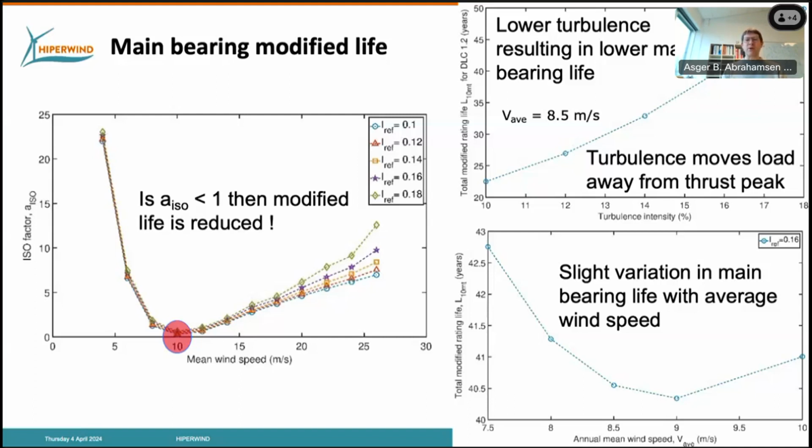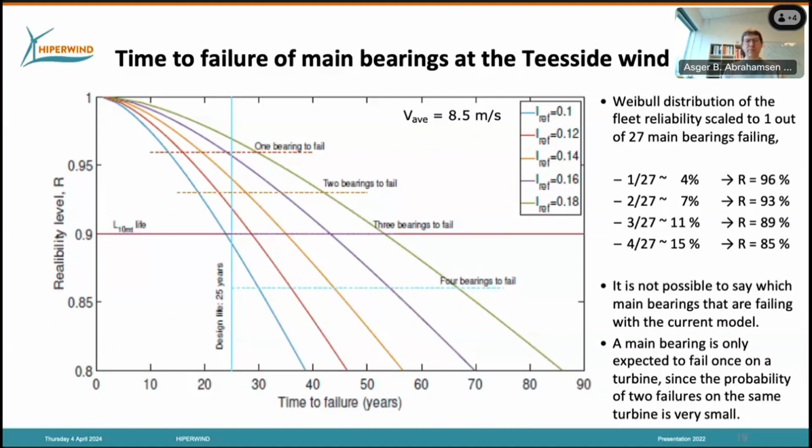And as we increase the turbulence, we're kind of moving away from that peak. And that is the argument why, if you increase the turbulence, you actually get a longer life, which is kind of intuitive compared to what you might think. Okay, so now if we want to try to interpret the reliability level, what we could do is to say,